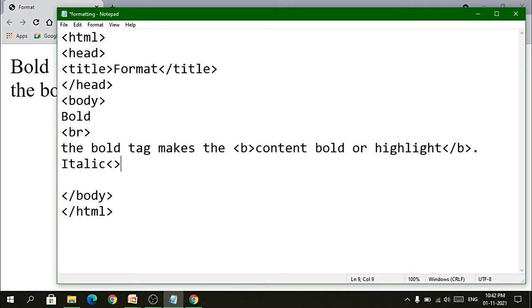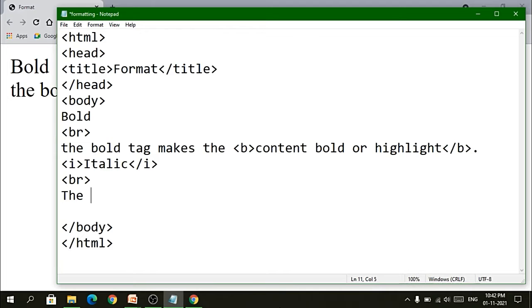So what I can do is I can make this I, so you can also get the idea what exactly it would be doing with the content. And then afterwards BR tag. The italic tag makes the content tilted, and then I can save it.